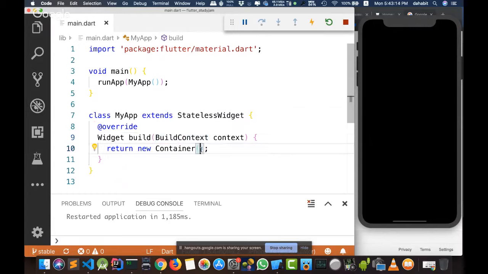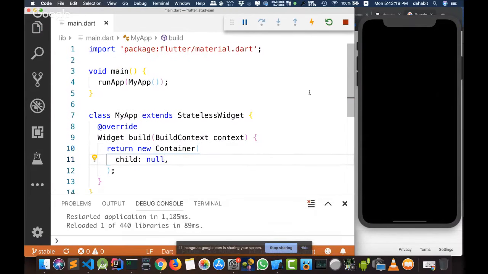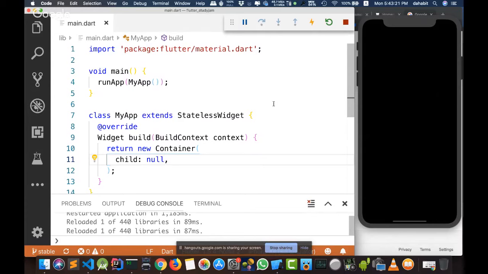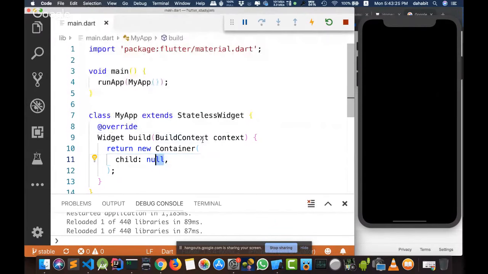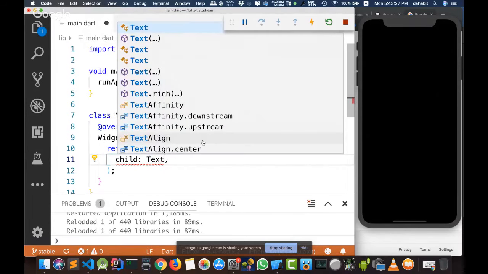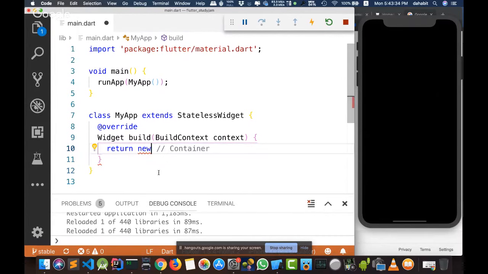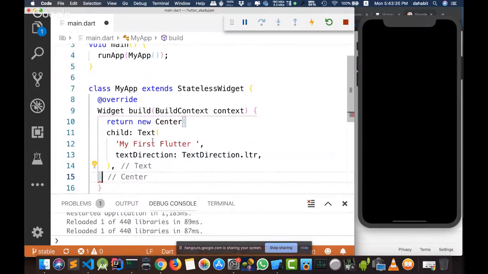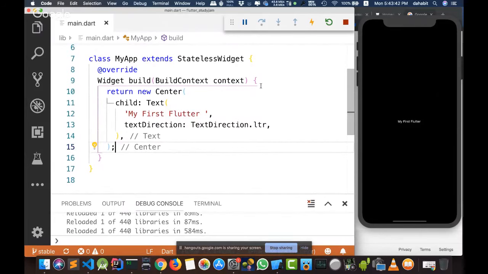For example, if I had child null, maybe I'd get an error in Flutter, but I think Flutter still accepts the default value, which is null. But if I came here and changed its child, or even removed all of that, let's remove all of that and return. Do you remember the code that was written here? I just take it, Command S, or Control X, sorry, and here is my application.